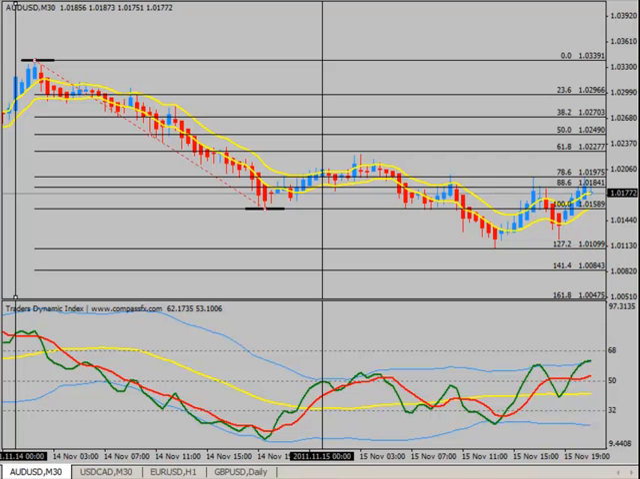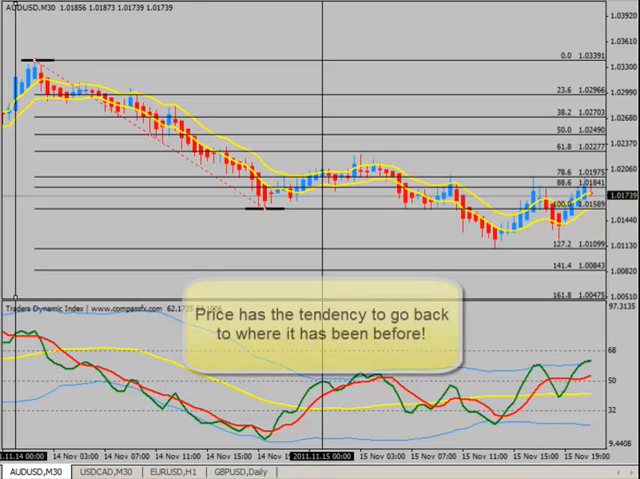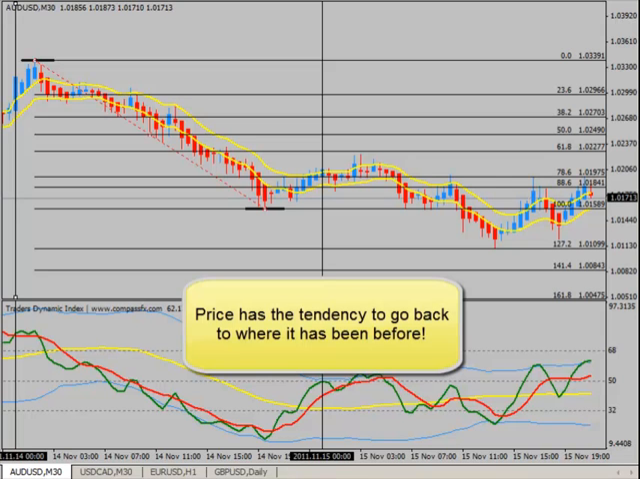Well folks, I hope some of this information will help you in your trading. Again, there's no magic crystal ball here. It's simply using the tools that are there to help you determine where the market's going to be. And believe it or not, this is a technique that some institutions use because they know where the market's been before, and that helps them determine where the market's going to go. I often tell folks that price has a tendency to go back to where it's been before. Remember that. That's a rule that many market